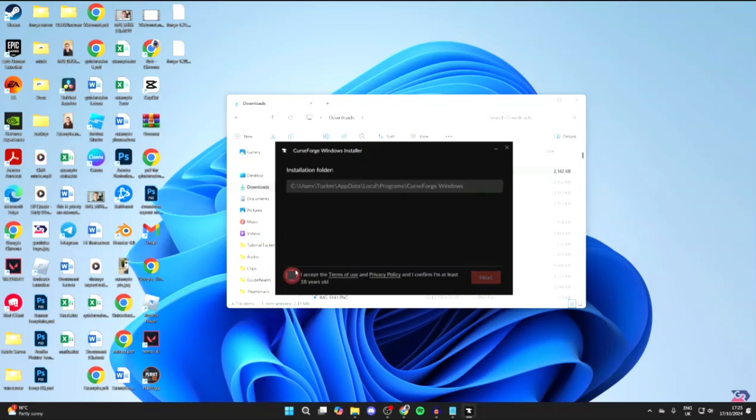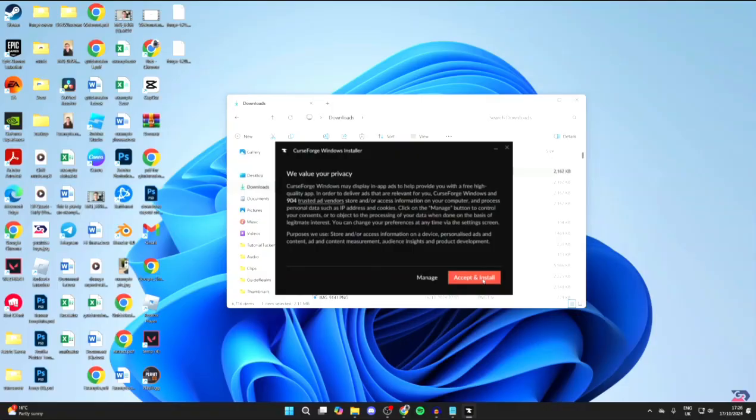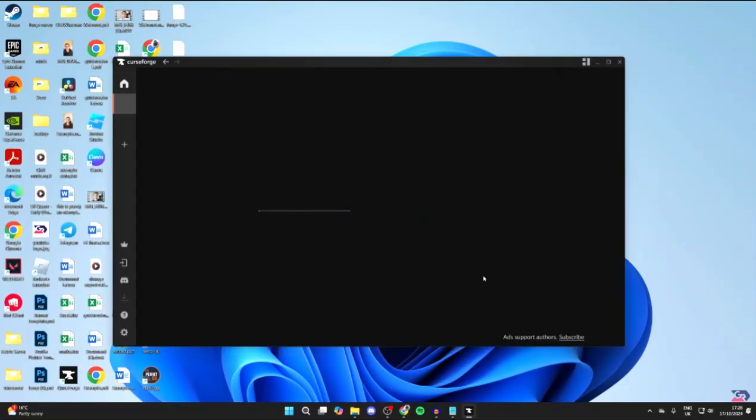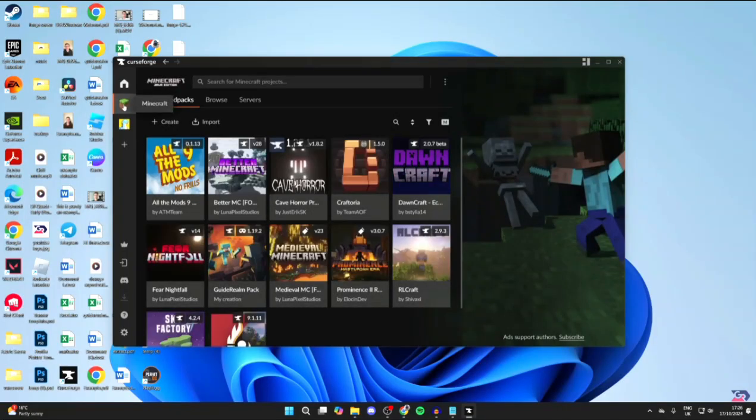After installation, open the CourseForge app on the left, then select Minecraft. If it doesn't detect your game, click Scan or manually add it. Now, click on the search at the top and type Cursed Walking. Find the mod pack, then click on it to view details.